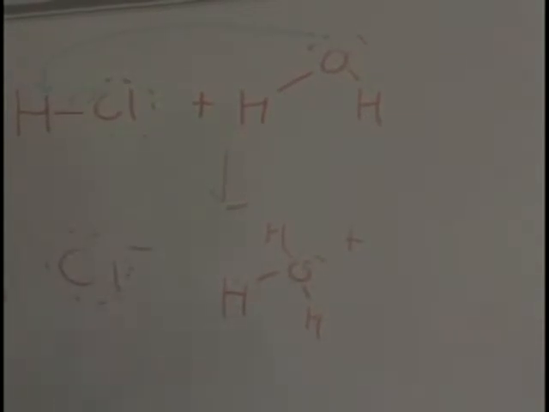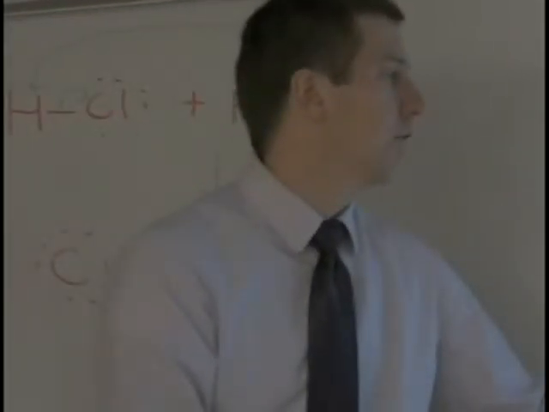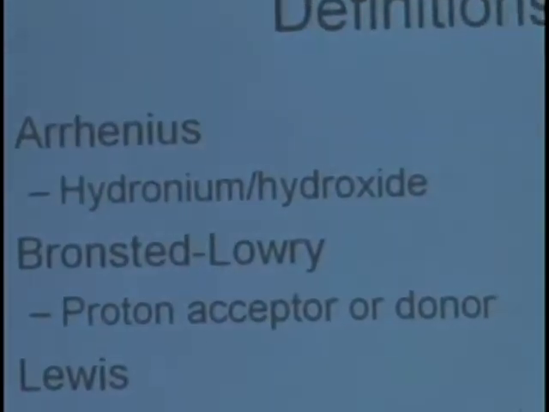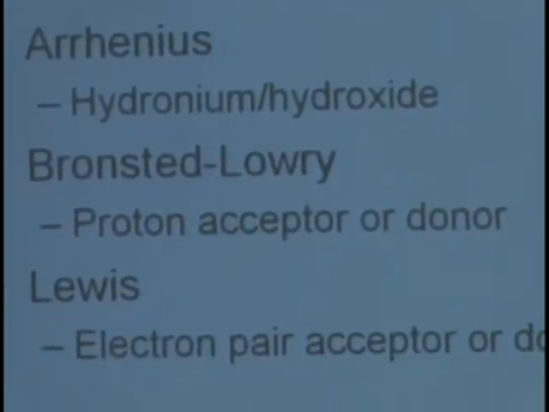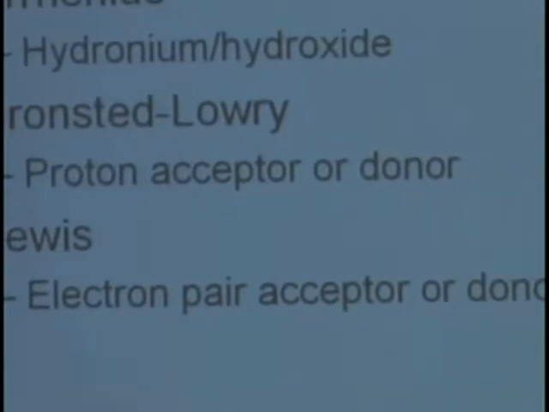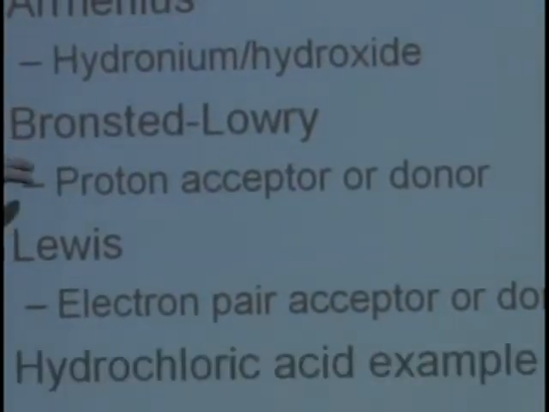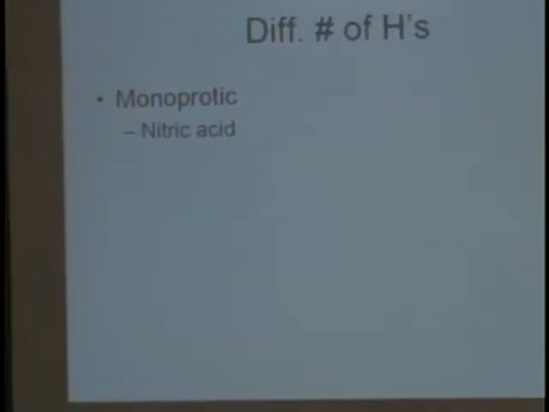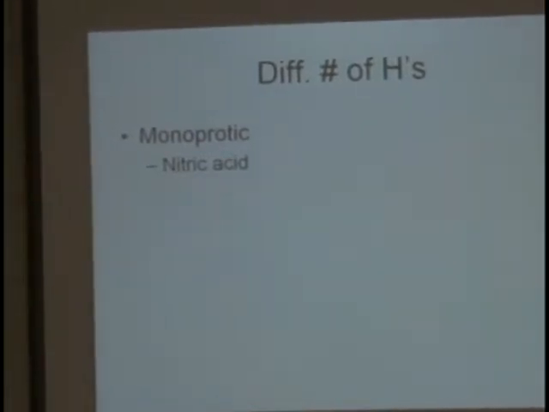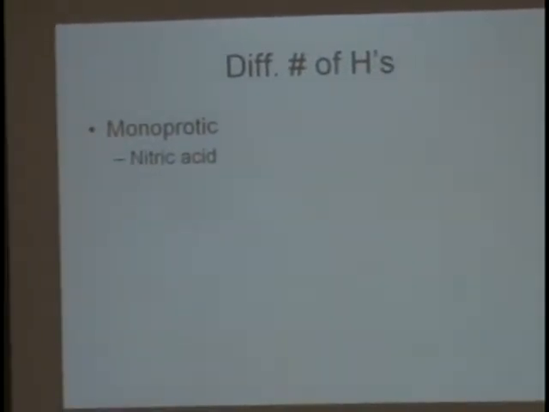It's actually the opposite for the Bronsted-Lowry. If you accept a proton, that means you donate electrons. If you donate a proton, you accept electrons. So the two are kind of inversely working with one another. Next thing to mention is an acid is basically anything that has a hydrogen on it and that can donate